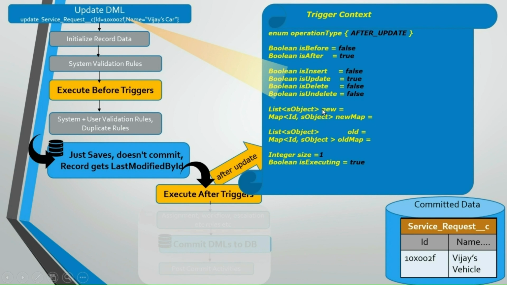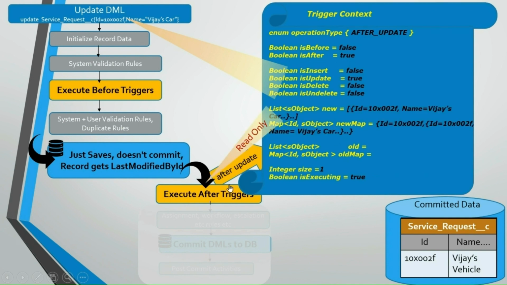The next section is for the new values in the list format and map format. As we know, Salesforce gives us the new values from the request data, whichever we have given in the request data. Here we have given the ID and a name, so it can populate both the values, in the list format and map format, because it has an ID. And observe that it has the new value whichever we are going to update. Also please note that these new values are read only because it is an after